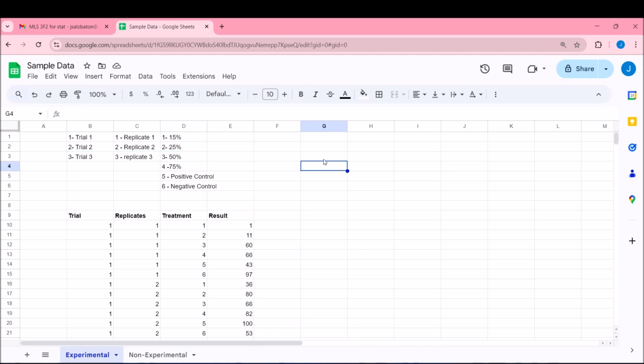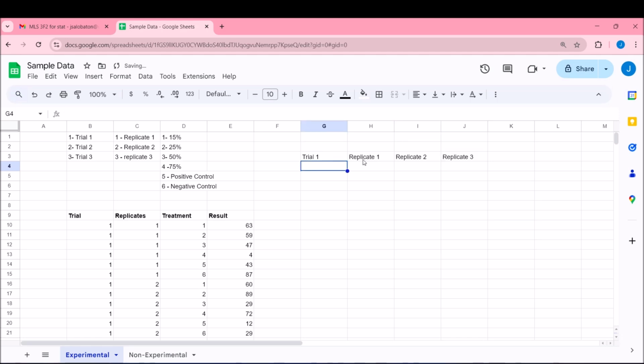Usually your data looks like this: trial 1, you have replicate 1, replicate 2, and then replicate 3.